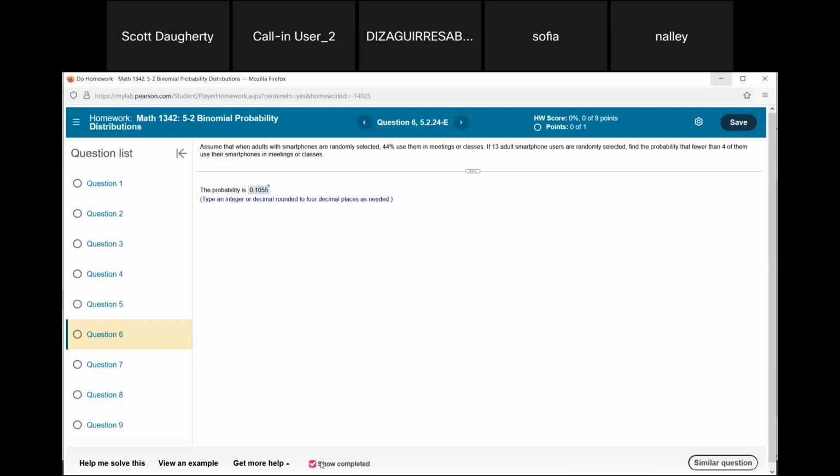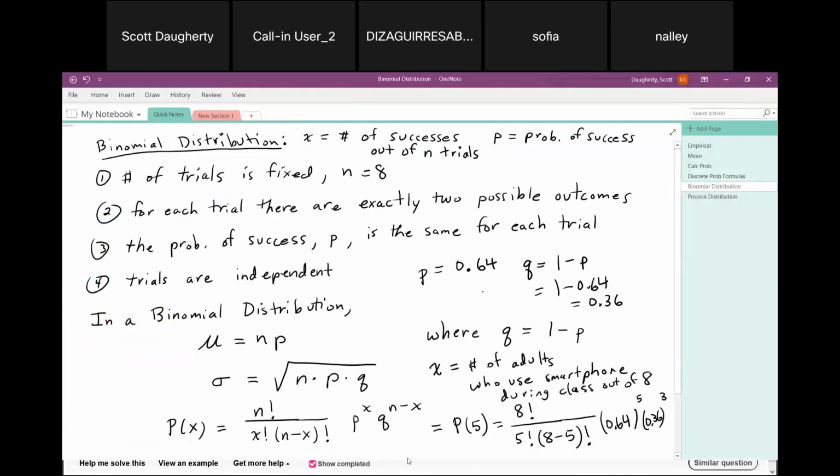If you had to do this by hand, you would have to use this little formula down here several times. You'd have to plug 0 in for x and figure out the probability, and plug a 1 in for x, and then 2 for x, and then 3 for x, and then add up those probabilities. So that's going to be a bit of a pain to do. So, you could also do it on the calculator.